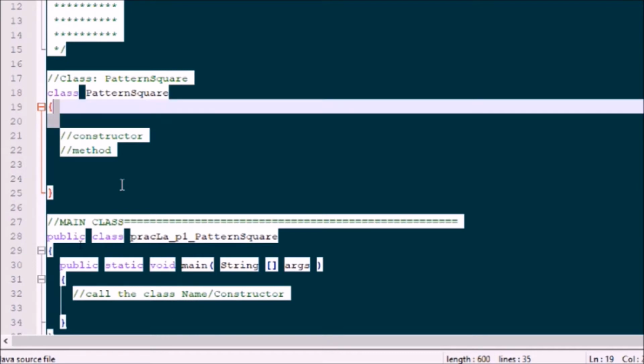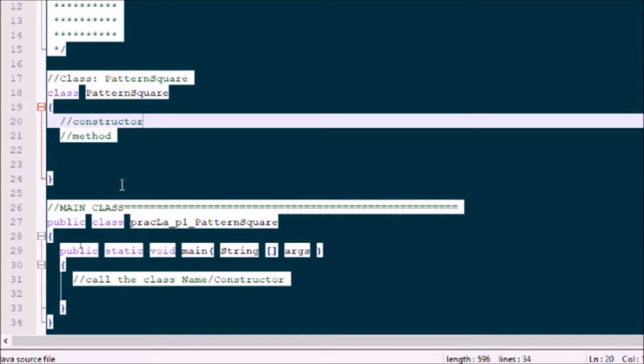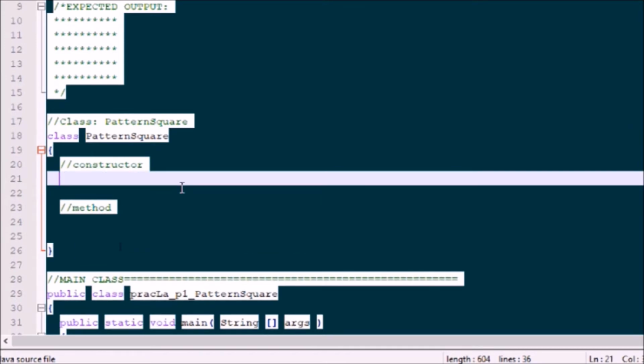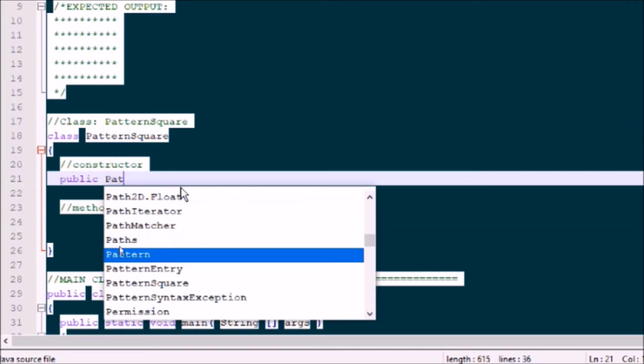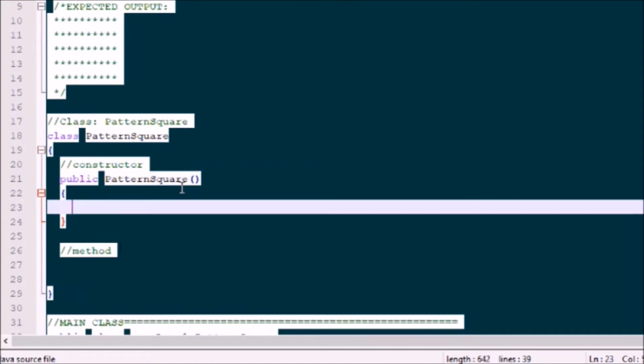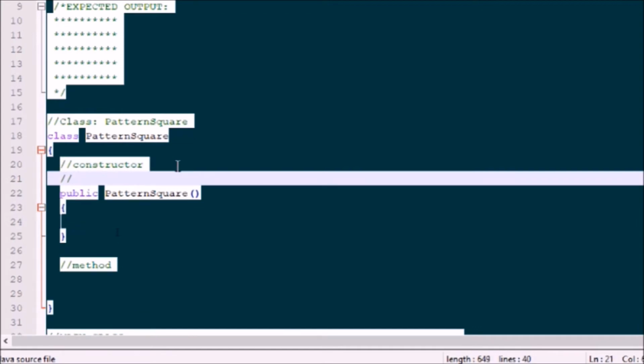We can declare it indirectly. So the constructor is public pattern square open close, and constructor means, let's write it down, it is the first block of code